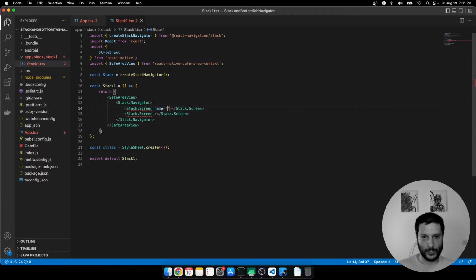The first one will be the stack one screen. Stack one, no, sorry. This one will be the bottom tabs, and here we will give a name of screen stack one screen two. So this stack one screen will actually render a bottom tabs, where we will render the stack one screen one, and then outside we will render the stack one screen two, and you will see why in the next